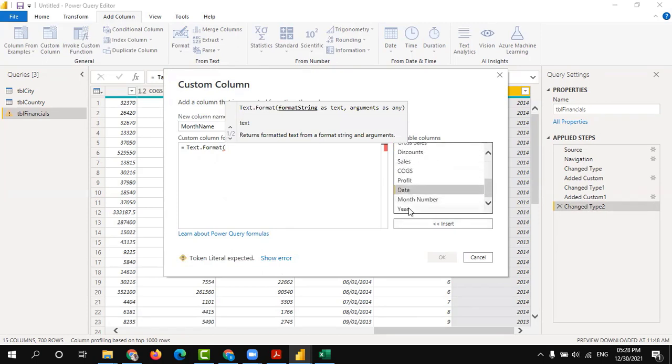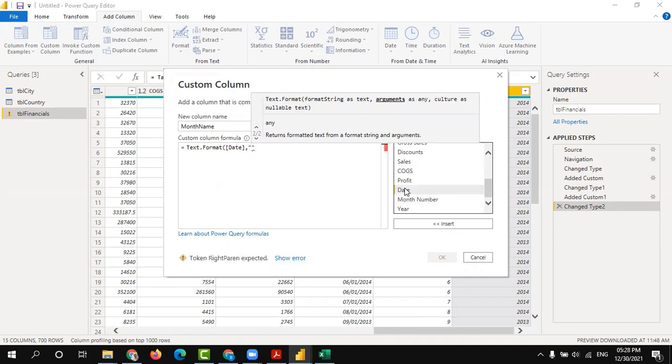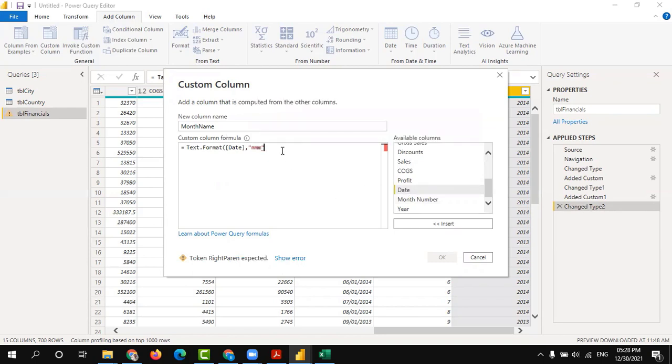Give the date field, and the format you want to convert to. M. If you give 3 M's, it will give the first 3 characters of the month. If you give only 1 M, it will give only numbers 1, 2, 3. If you give 2 M's, it will give 01, 02, 03 like that, the month number. If you give 4 M's, it will give the full name: January, February, March. So I'm going to give only 3.